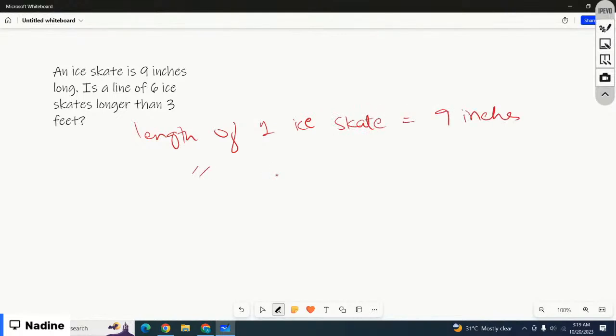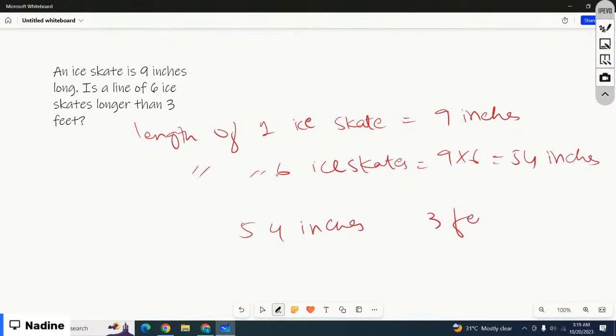Then the length of 6 ice skates is 9 times 6, that is 54 inches. You have to compare 54 inches to